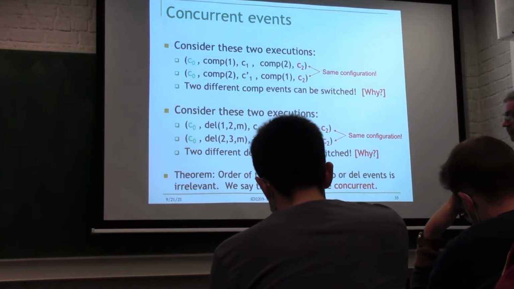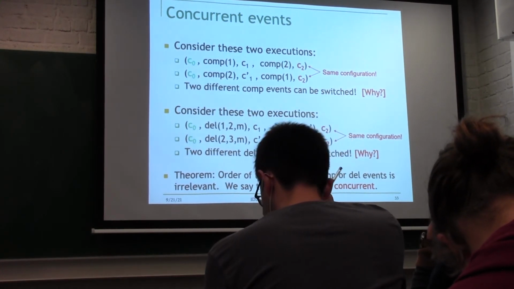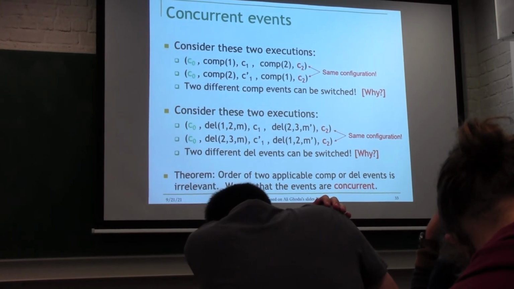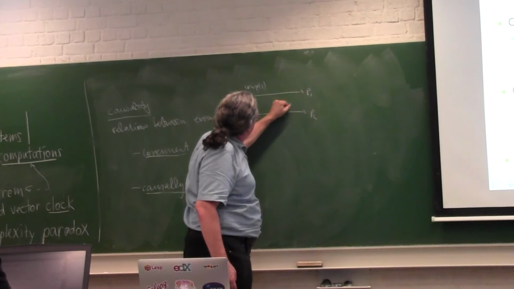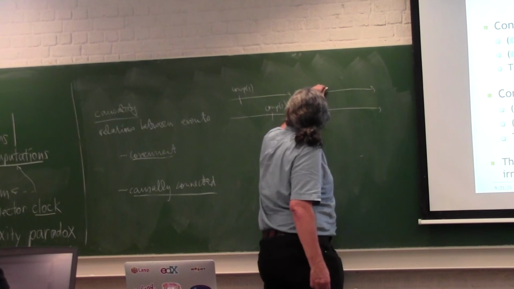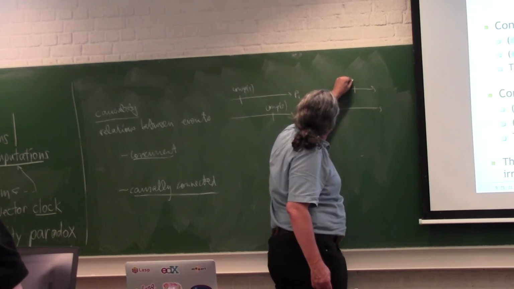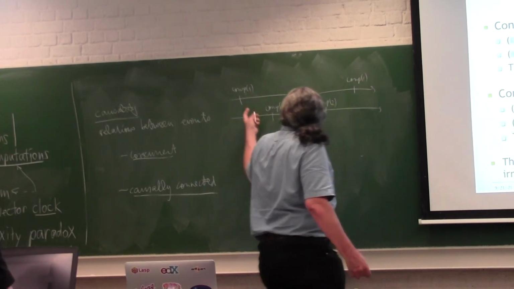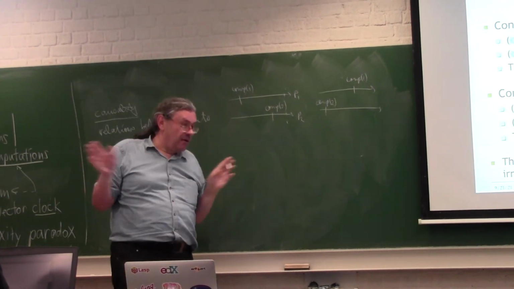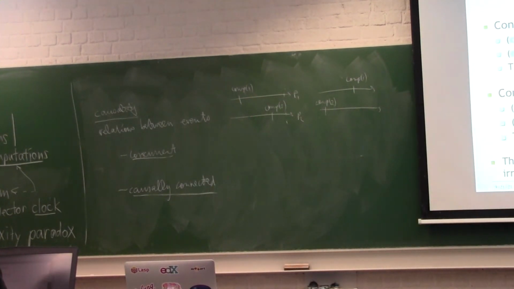They're independent events. So you can make a picture of that. So here I have two processes. So here I have a comp1, and then I have comp2. But I could also do them in the other order. It doesn't make any difference, of course. I could first do comp2, and then comp1. Doesn't make any difference, right? Because at the end, you end up at the same place. You're going to the same place in two different ways.